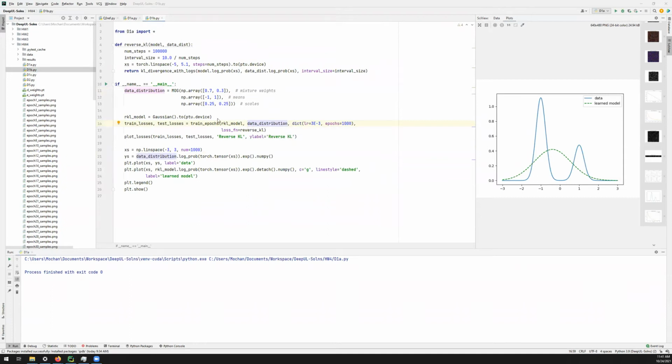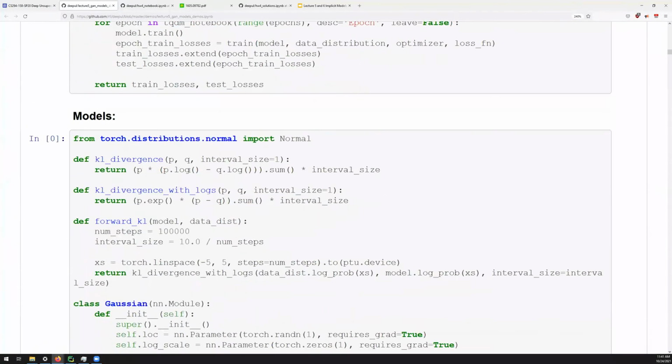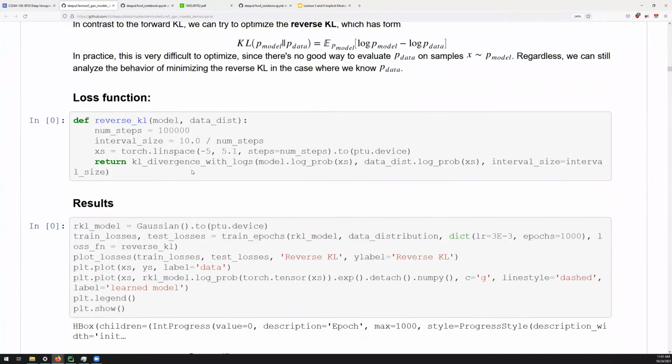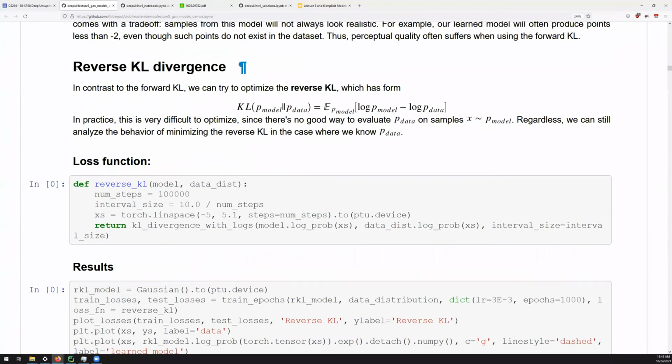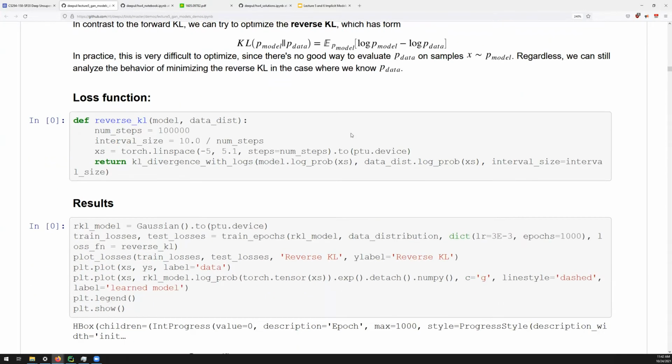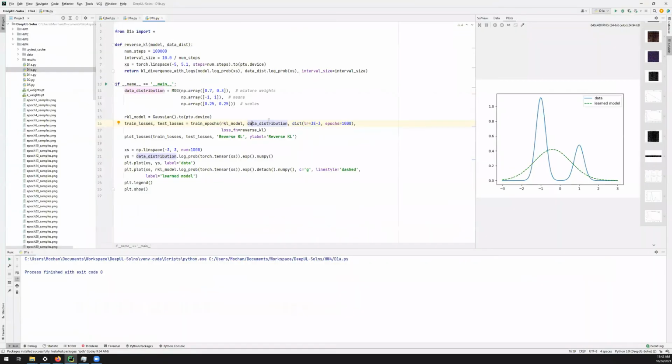Okay, let's go back here. Next is the backward KL divergence, the reverse KL, where we swapped the P and the Q. It used to be P data. It's written slightly weirdly because both of them are P, but it just swapped around. And okay, this is 1B, if I run it,